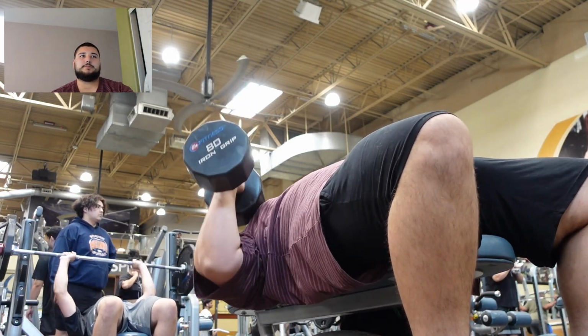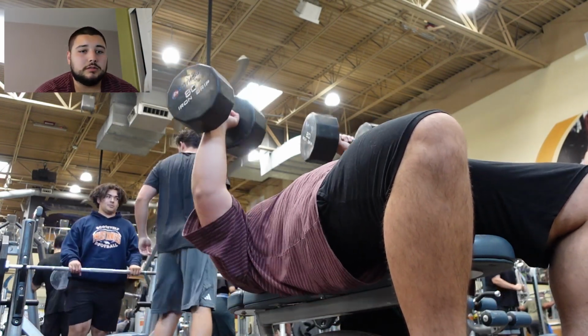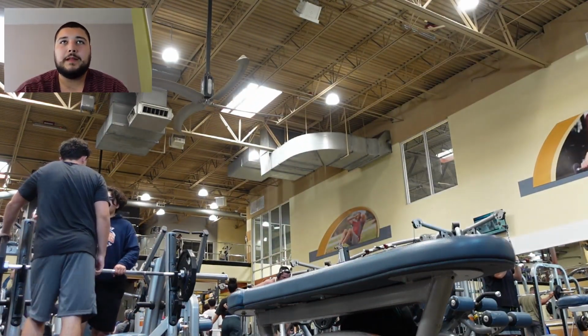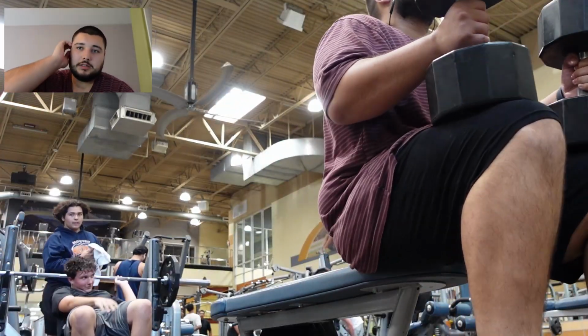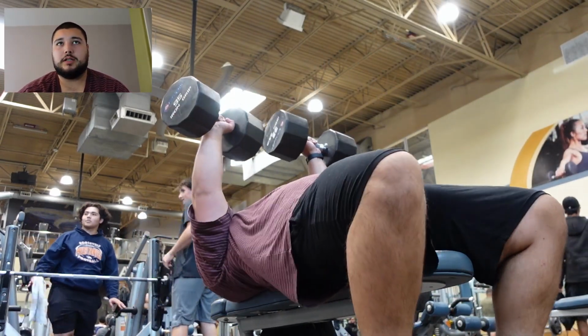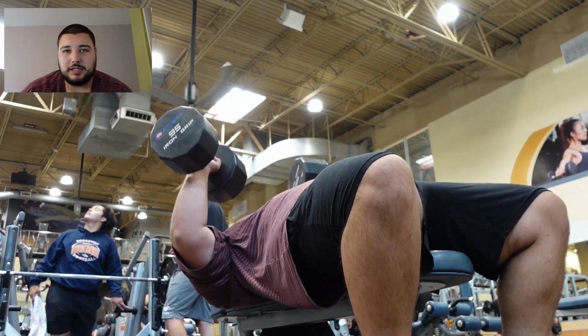So, yeah, chest day today. So, it looks like that. There we go. We're starting off with the 80s. I was feeling really good, and then I got stonewalled at like the 110s. Something that I noticed from